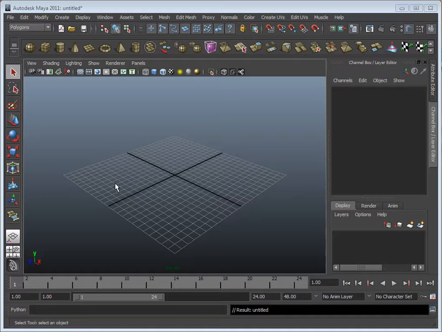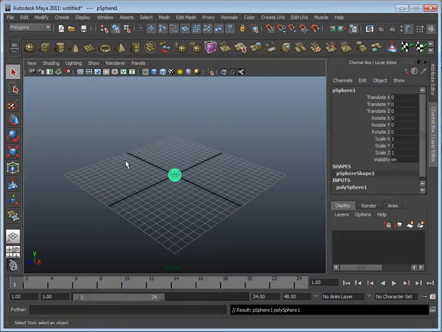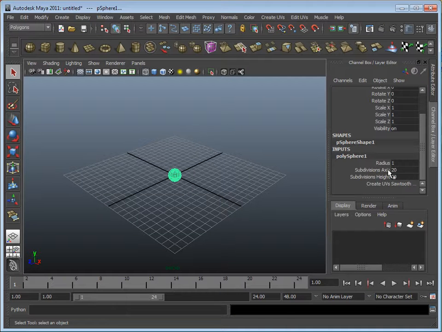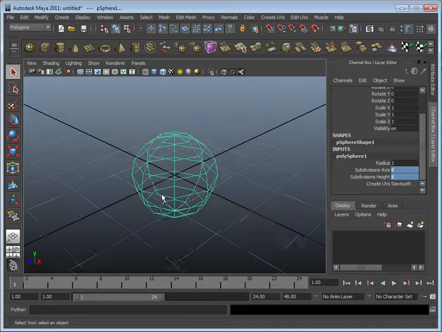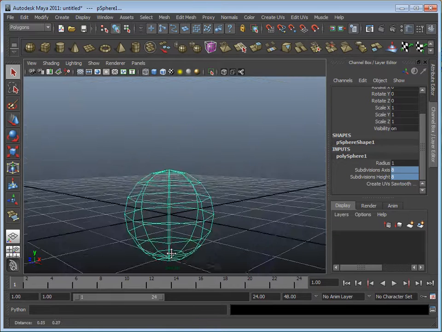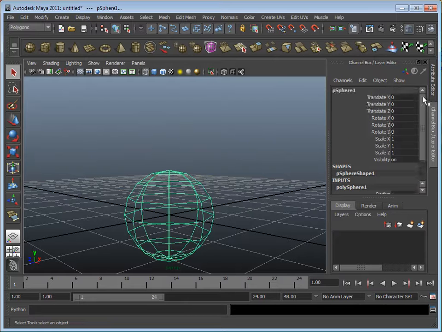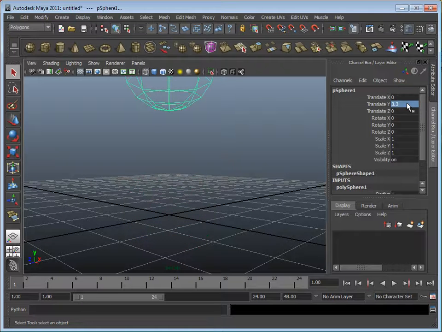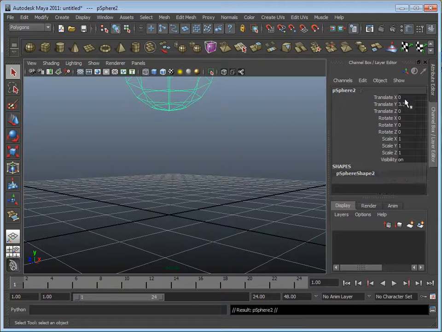Merging two polygon objects together. The example is I'm going to create a sphere and then change the sphere inputs from 20 by 20 to 8 by 8, and then F frame my object, and then I'm going to take the value of the Y translation up to 3.3, and then I'm going to duplicate, Control D, and then change the value of